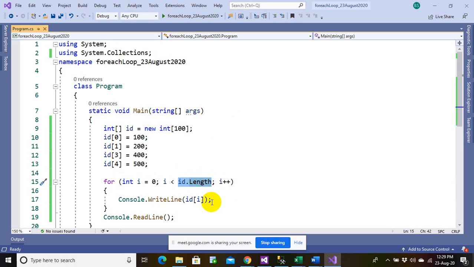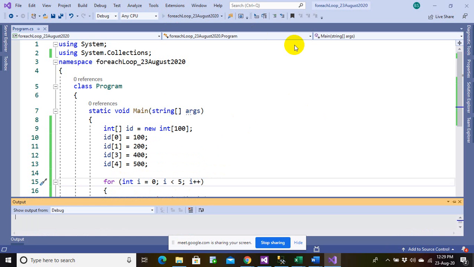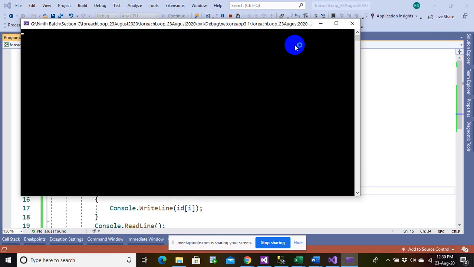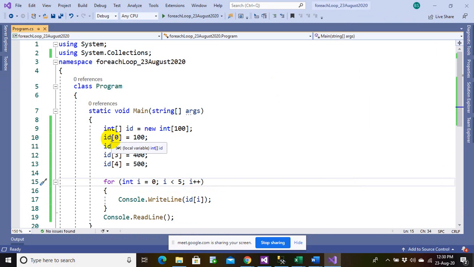So this should have worked here, because I would retrieve only 4 values. Okay, let me run it again. Still this is 0, because that's okay for me now, because I have just got 0, 1, 3, 1 and 4, and the second element is missing out here. And sometimes I may not know this value, right? So I was using a length here. And if I use a length, this is going to calculate the total length of this array's elements.